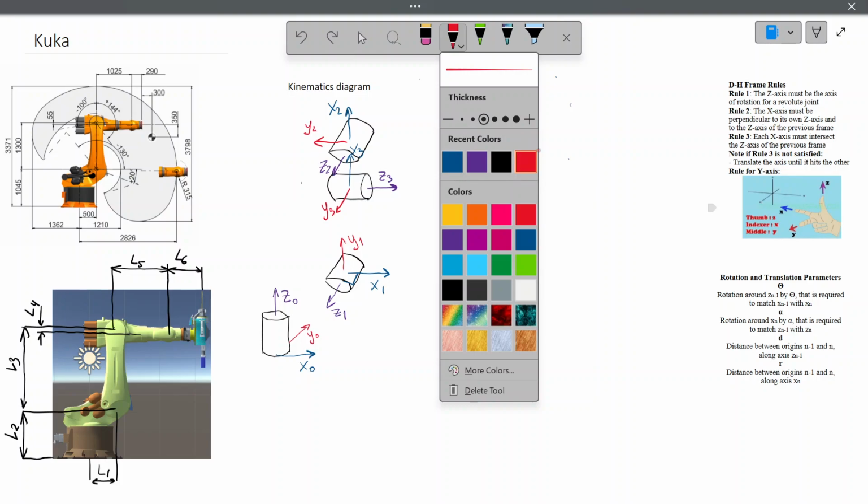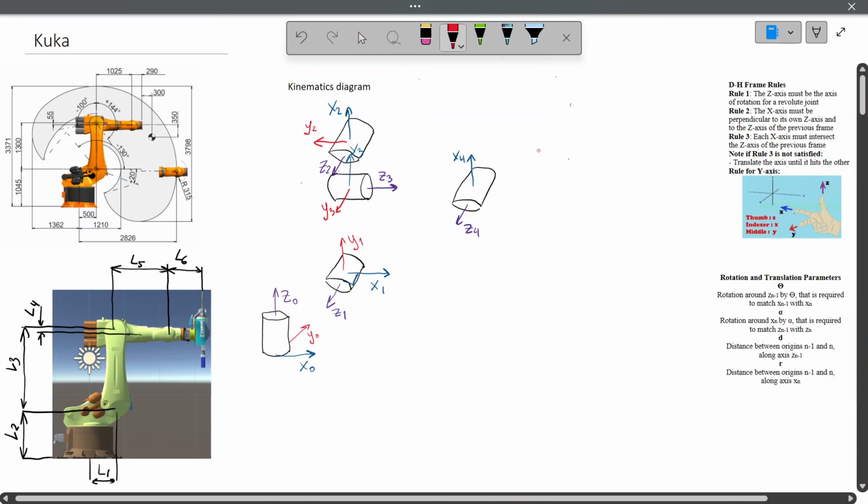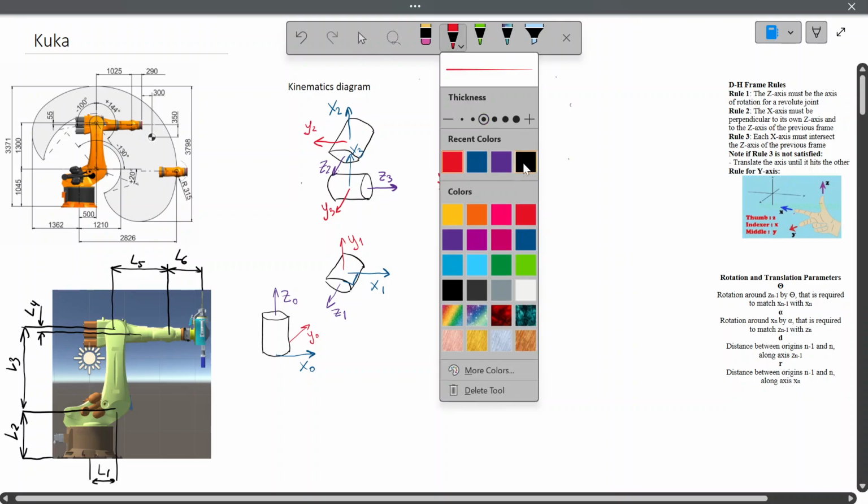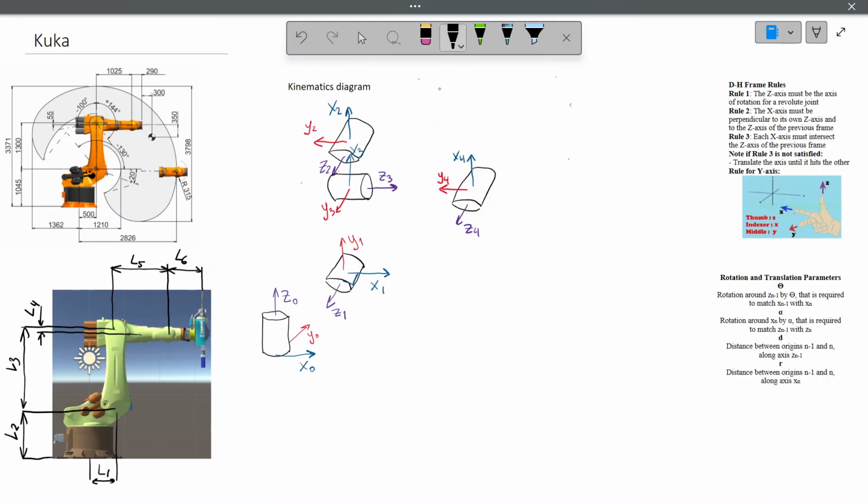Next, the y-axis, again based on this rule. If we locate fingers, we will see that it's this direction, y4. Next, our last joint. So this here, it rotates this way, the end effector. So the end effector is similar to this joint. So this joint and this joint rotate in the same direction. So here we draw